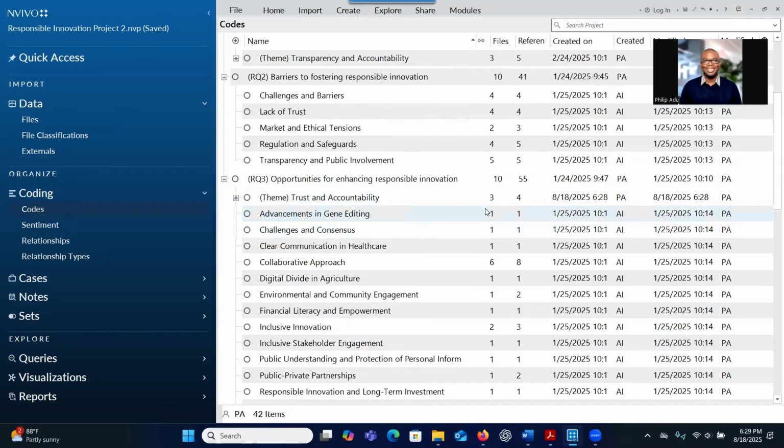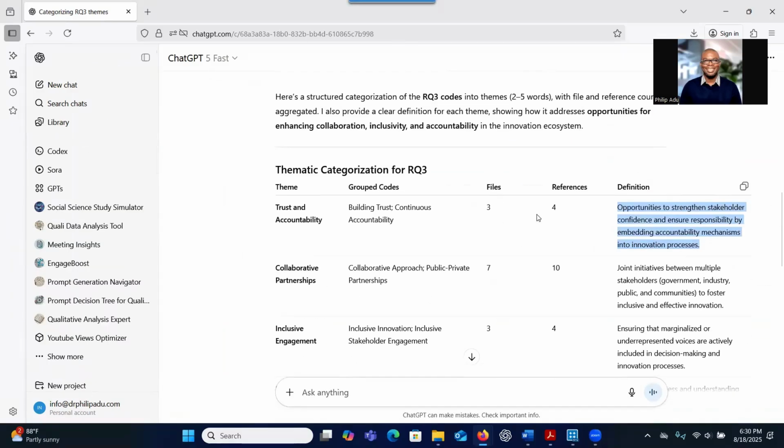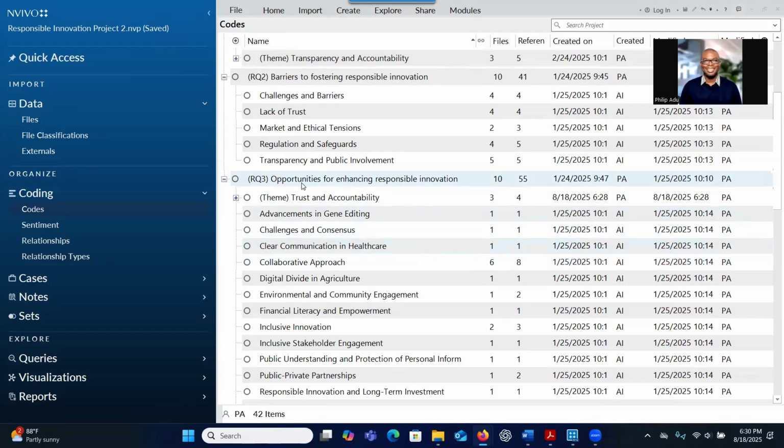So this is a moment of truth. We're going to see whether the numbers are right. It's 3 for files and 4 for references. Let's see. ChatGPT is right. We have 3 and 4. That is good. So you're going to do the same thing by creating another container for the theme, which is